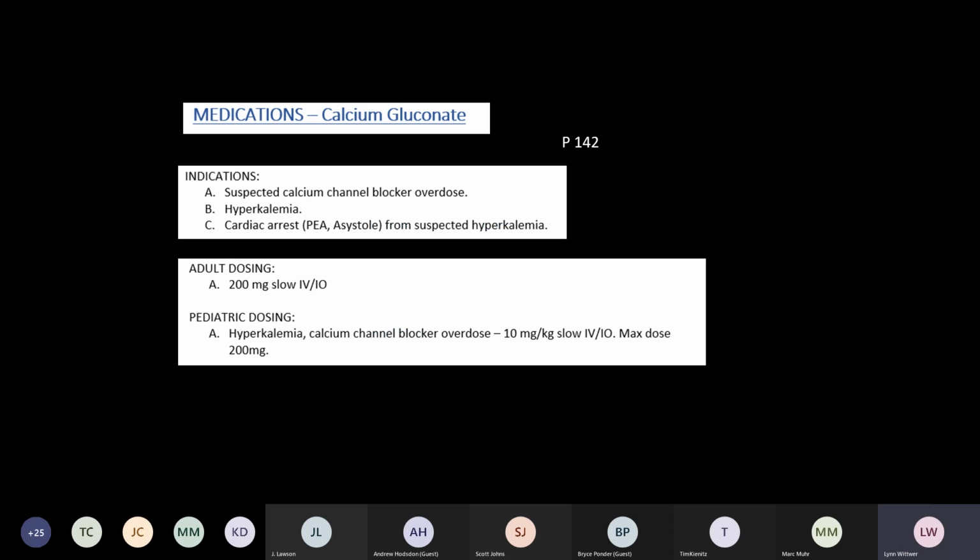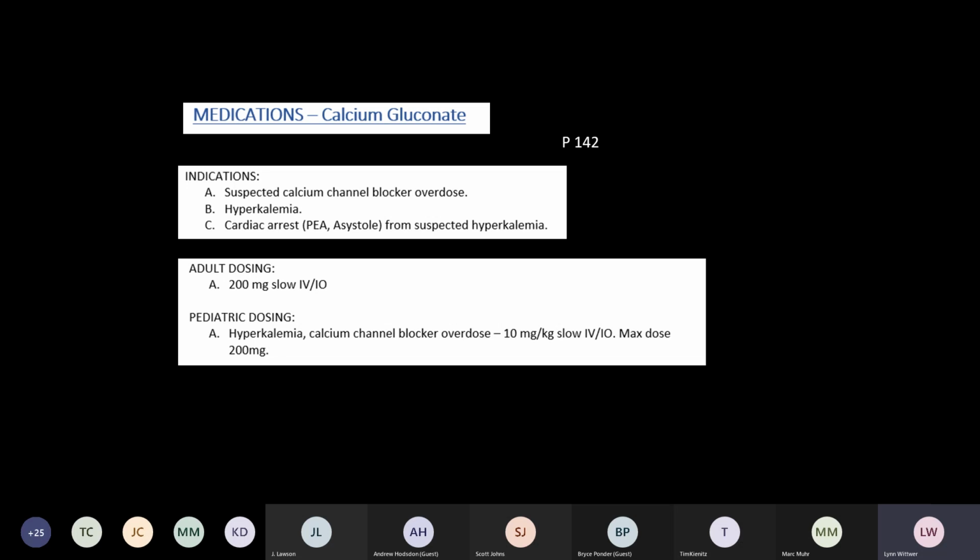Now, changes in calcium gluconate. What do you use calcium gluconate for? Suspected calcium channel blocker overdose, mostly though for hyperkalemia and for cardiac arrest, PEA, asystole, especially in patients who were suspected of having hyperkalemia, they're diabetic, they may be in diabetic ketoacidosis, etc. Adult dosing, we've changed this to milligrams. Average adult is 200 milligrams slow IV or IO. Pediatric dosing is 10 milligrams per kilo slow. So basically that's 2 amps of